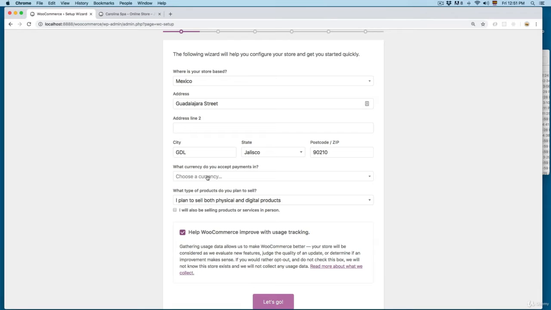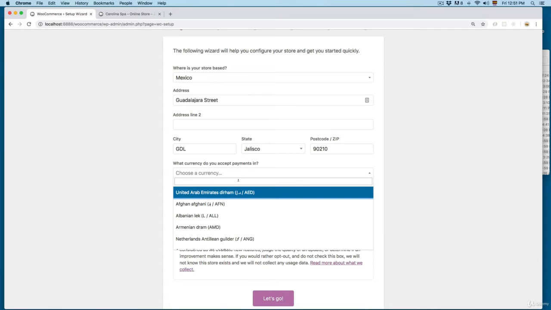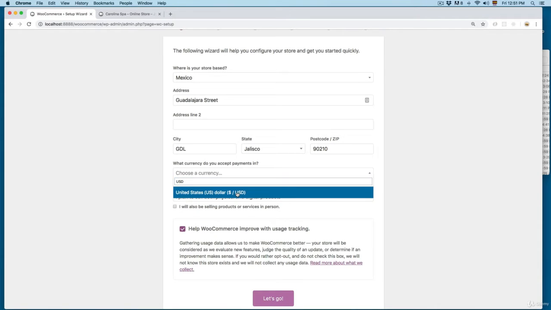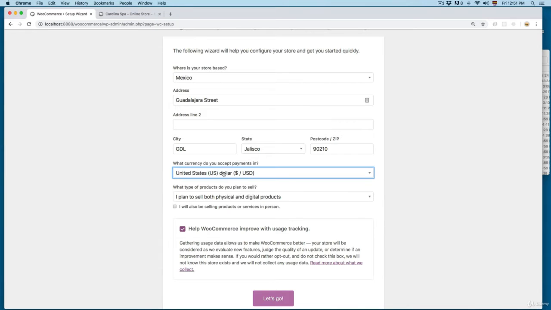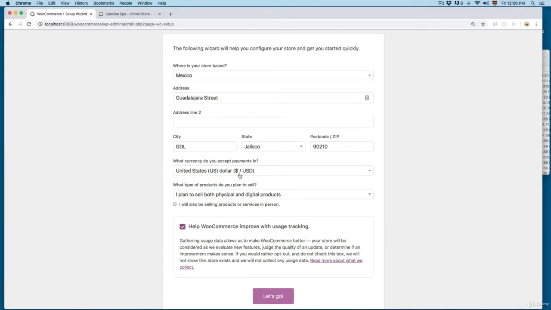And from here, you can see we have what currency do you accept payments. So for example, we can add United States dollars or euros or Mexican peso or something like that. Something that is really important: if you add United States dollars, and then you switch to another currency, you have to update all the products that you have in your store to match the new prices for the new currency.